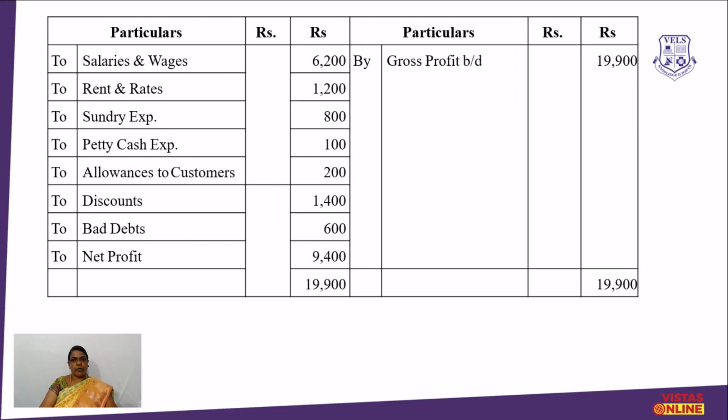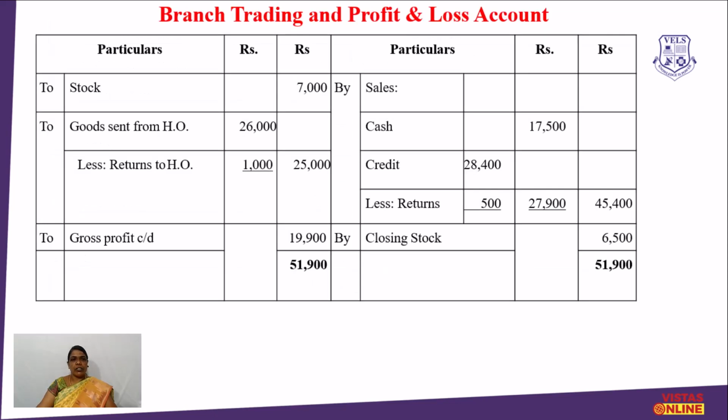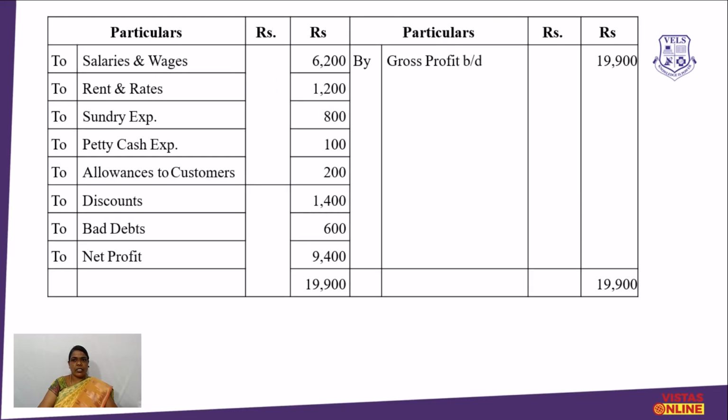Just bring down the gross profit which was in the trading account, 19,900. Bring down this gross profit 19,900, and we can write all the expenses on the debit side. Salaries and wages 6,200, rent and rates 1,200, sundry expenses 800, petty cash expenses 100, allowances to customers 200, discount 1,400, bad debts 600. Okay, just put the total of all these values and you subtract this amount from this